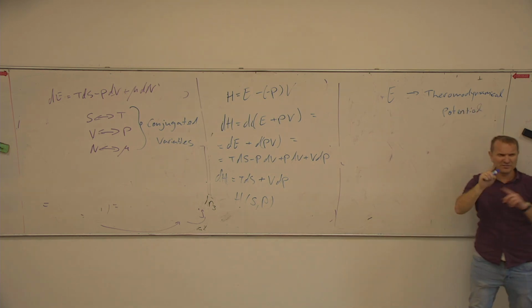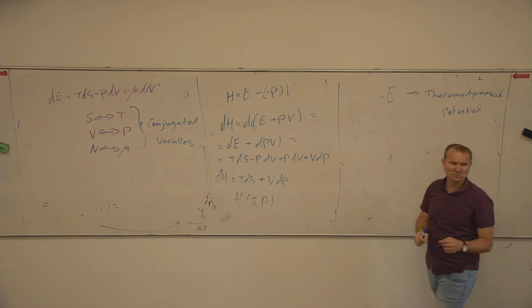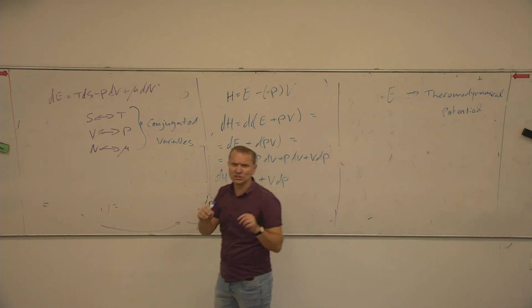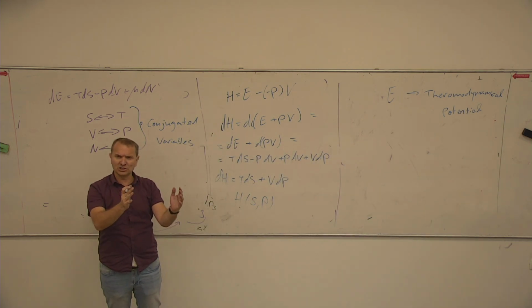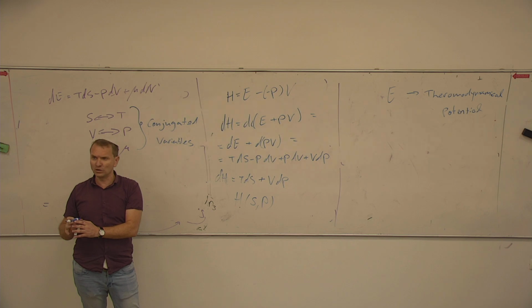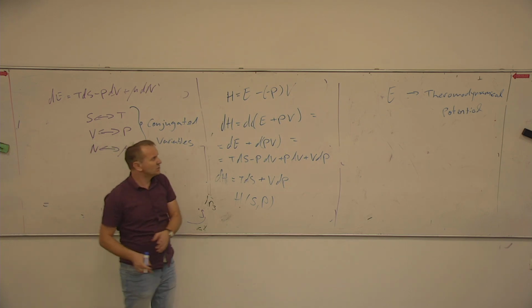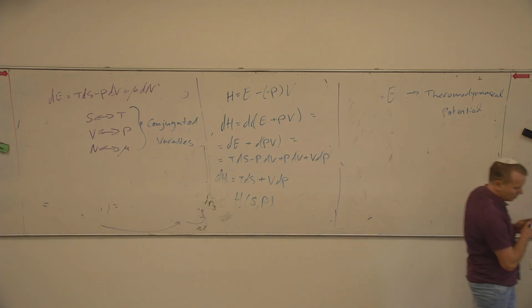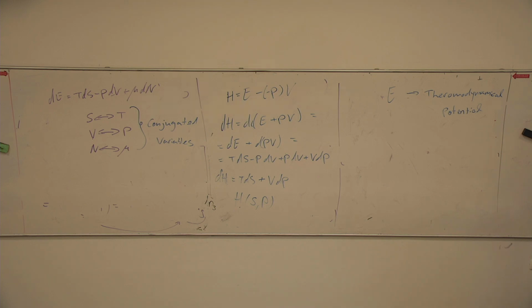Now, when you modify the variables of your thermodynamical potential, you still have some kind of energy, right? You started with the energy, you modified the coordinates, but it's still an energy. So all the other quantities,